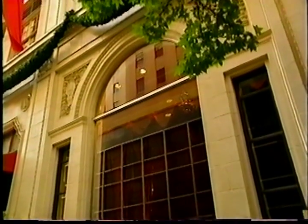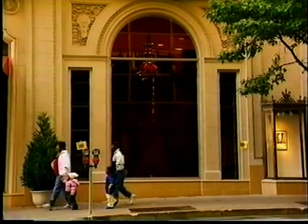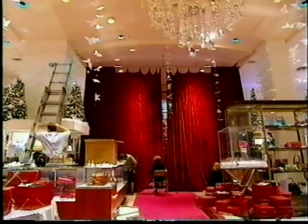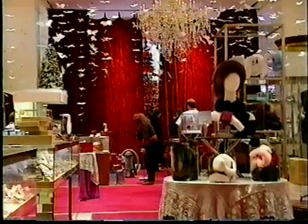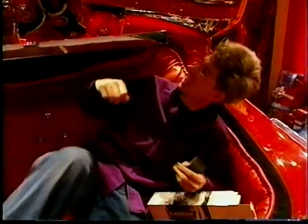There's a red curtain covering the window of honor at Neiman Marcus. Just peeking over the top, a hint of the souped-up, pedal-to-the-metal vision of a Christmas tree Lonnie Hanzon created for the Dallas store. On the inside, another red curtain conceals the tree from shoppers. Ain't they purty? The tree is pretty much assembled, all 14.5 feet of it. Well, I figure. But Lonnie wants to double-check the trunk,